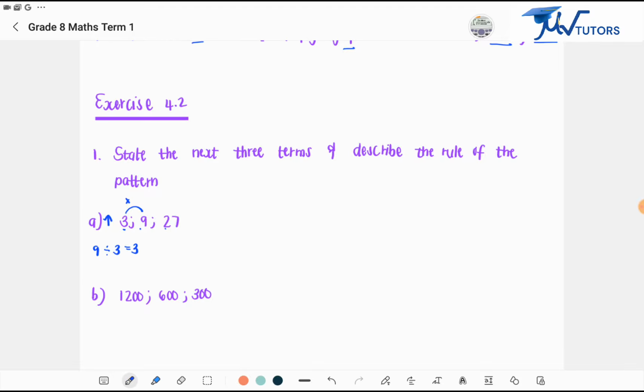There I get 3. Just like we did with the numeric pattern, where we take the bigger term and subtract the first term to get the common difference, we're doing the same thing as well, but this time we're getting a common ratio. So it means 3 times 3 will give me 9. And then if I take 27 and I divide it by 9, I'm going to get 3. So 9 times 3 will give me 27. So now 27 multiplied by 3,